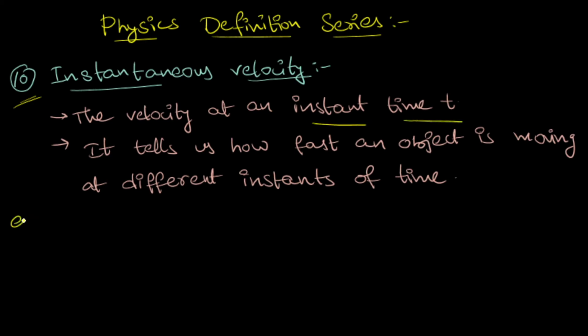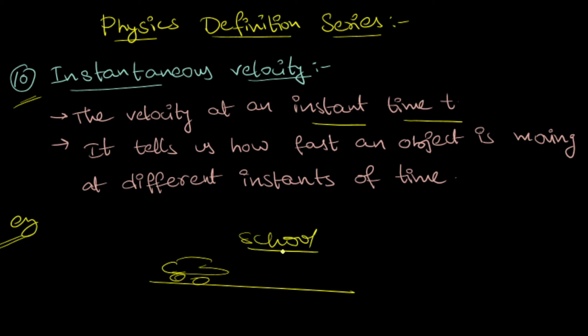For example, we generally see boards near schools that say "School zone, please go slowly," right? For example, a car is going in front of a school, and the speed of this car is 100 meters per second towards